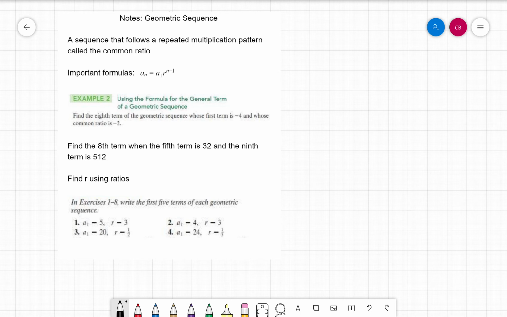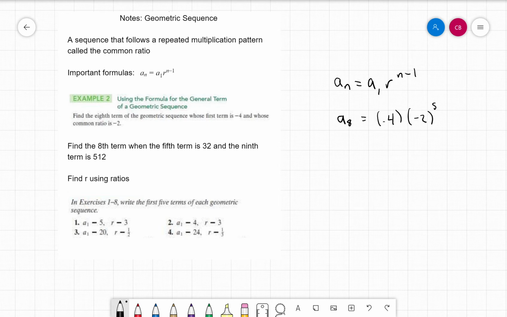Okay, so we're going to continue talking about geometric series again. a_n is equal to a_1 r to the n minus 1. We've talked about that previously. So let's look at: find the eighth term of the geometric sequence whose first term is -4 and whose common ratio is -2. So the eighth term is equal to a_1, which is the first term, -4, times -2